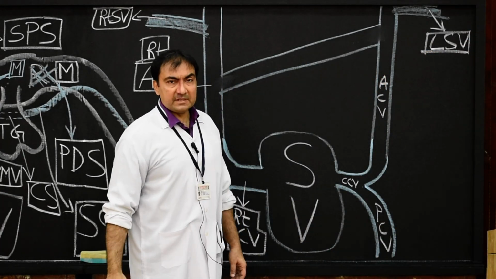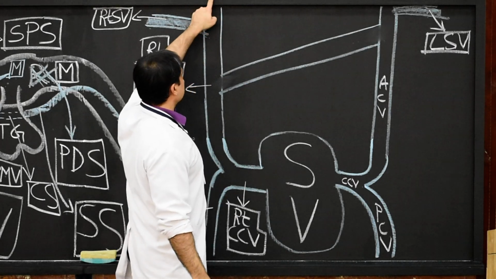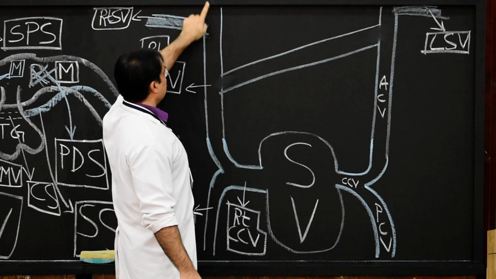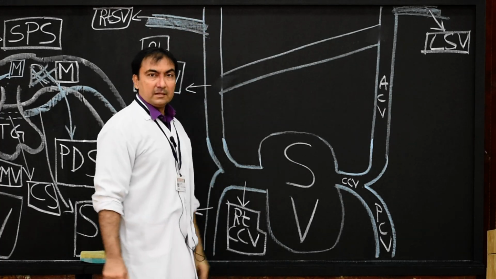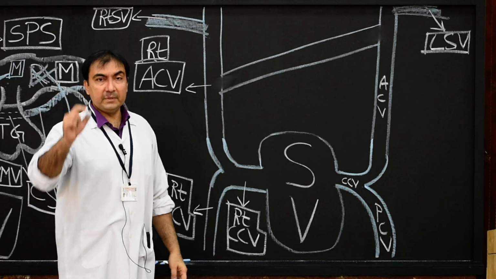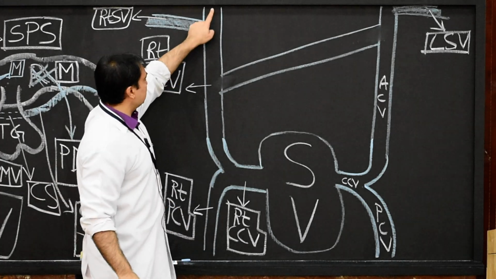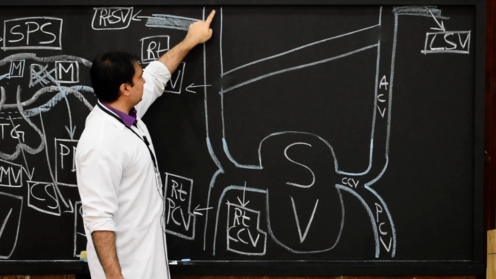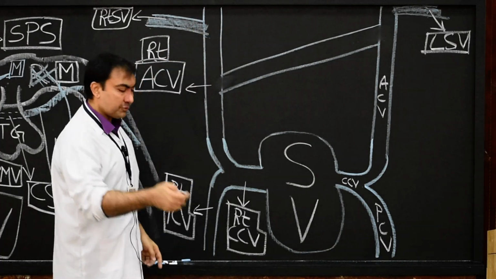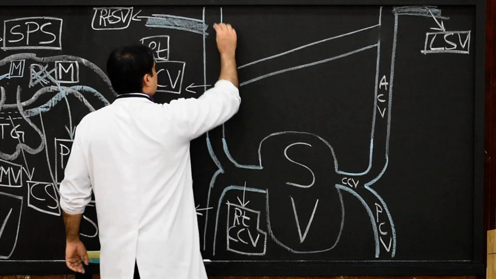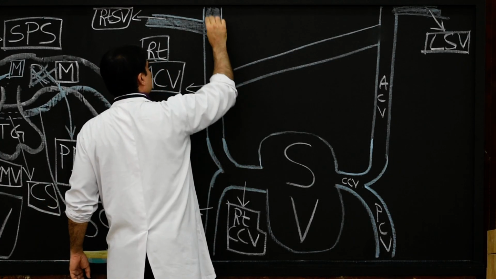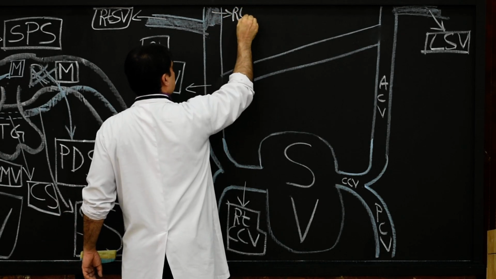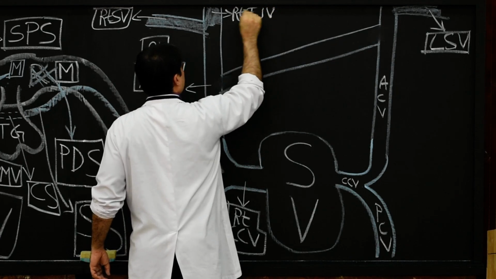The portion of vein, cervicothoracic portion, which is lying perpendicular above the opening of subclavian vein, will be now known as the portion of anterior cardinal vein which is lying above the opening of subclavian vein. This portion of anterior cardinal vein will be known as internal jugular vein. So this much vein here will be known as internal jugular vein. So here we will name this as the right internal jugular vein.